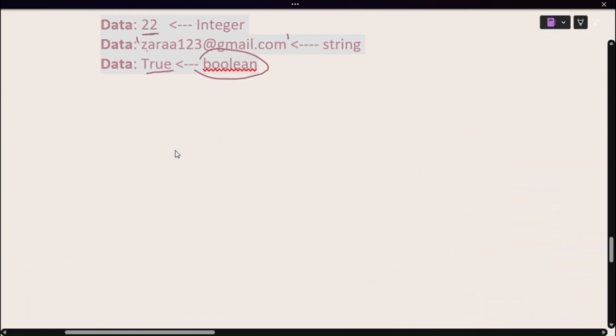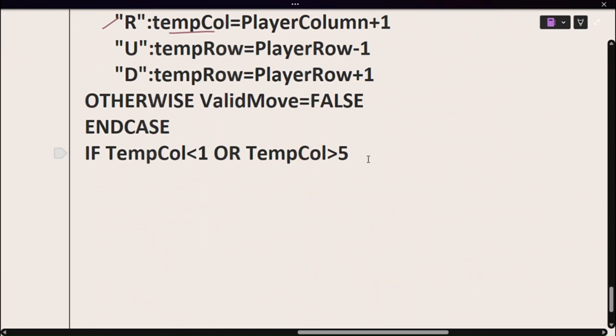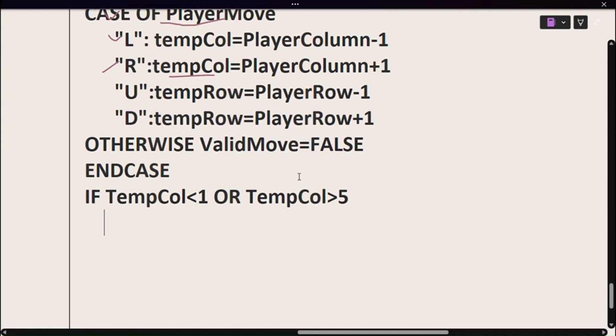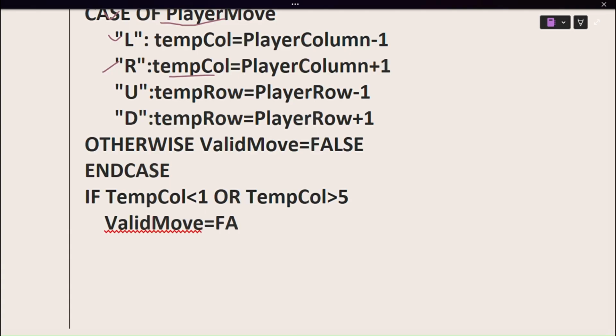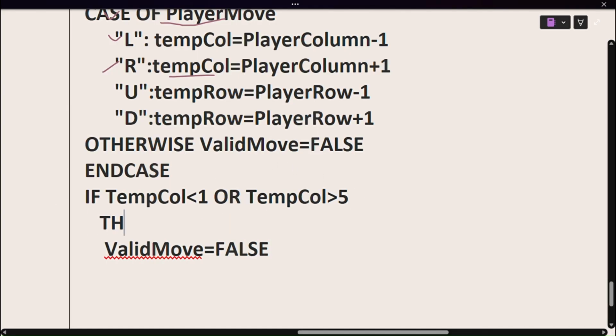Then I'm going to update my variable of valid move again. So if this condition is satisfied, if the boundary is less than 1 or greater than 5, which is incorrect, which is totally wrong, because we have 1 to 5 boundary values, so I'm going to change valid move to false. And here I forgot to write a then as well. Then